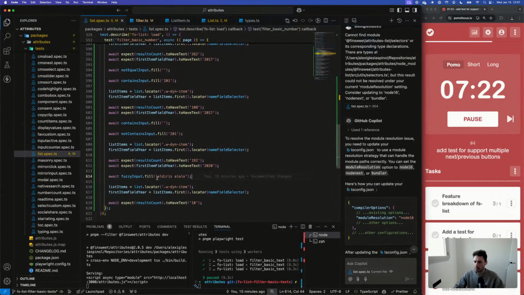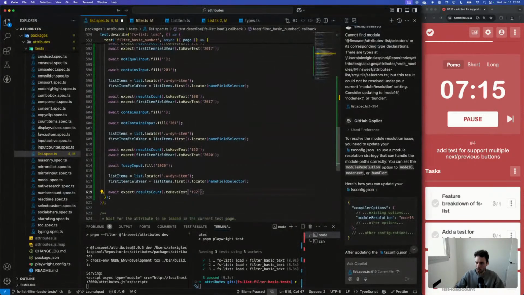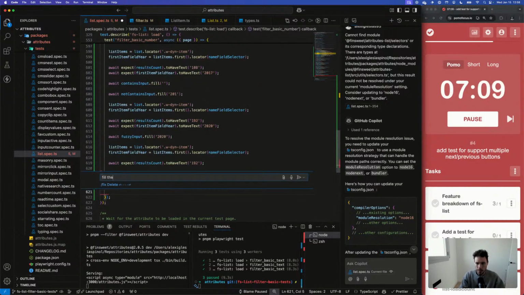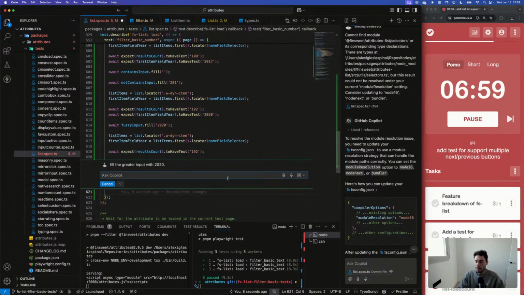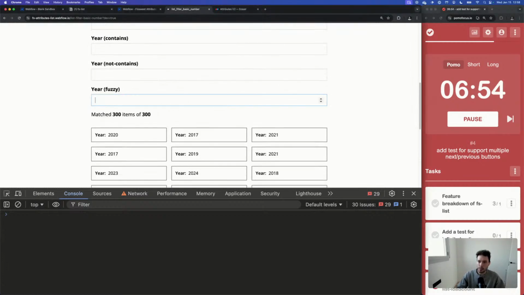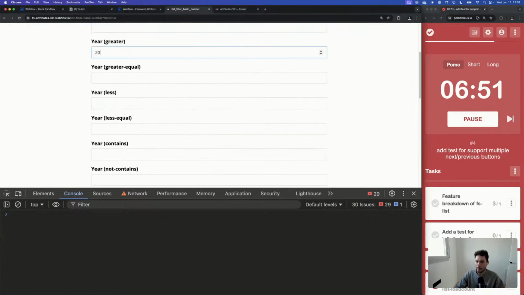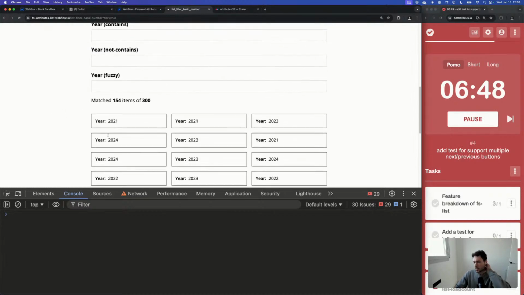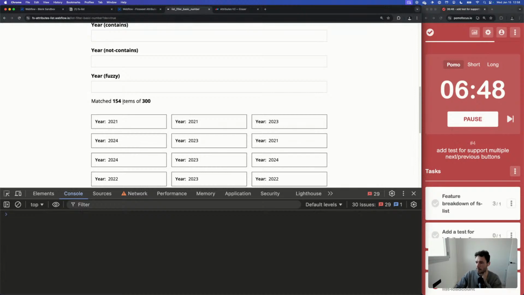Okay, so we should expect the fuzzy input to return, if we do 2020, 192 items. Cool. Great. Then fill the greater input with 2020 again. It should return 154.